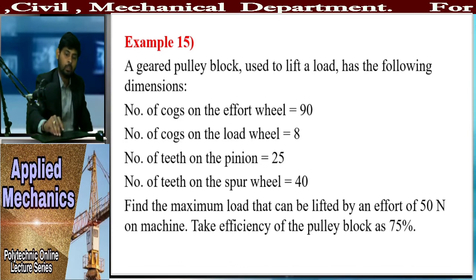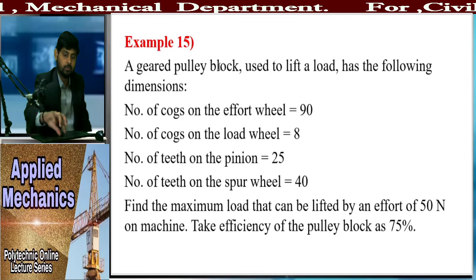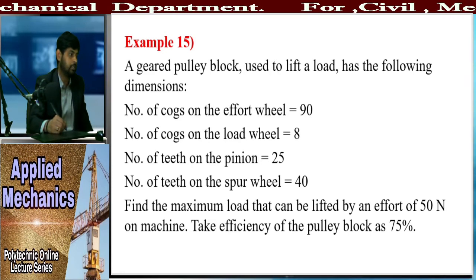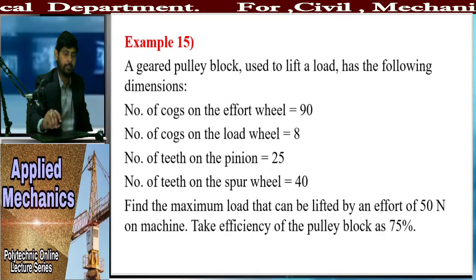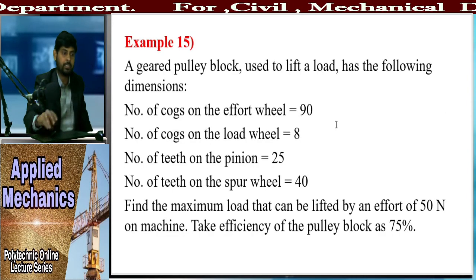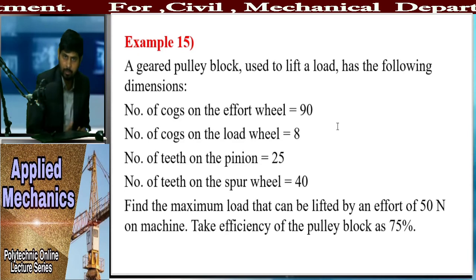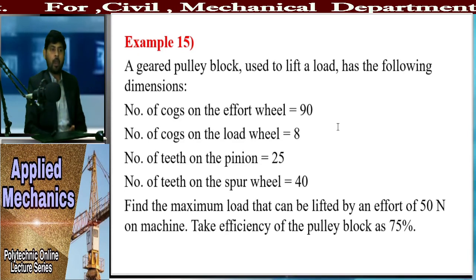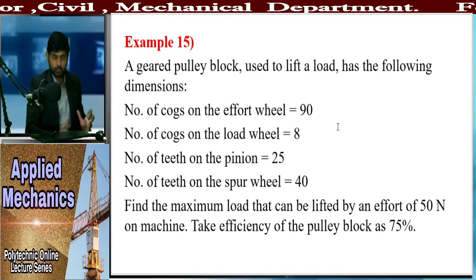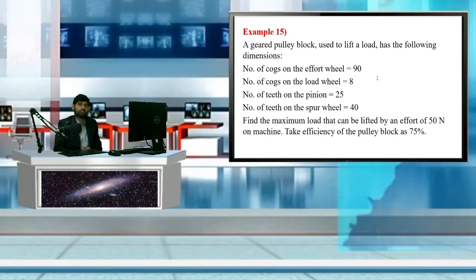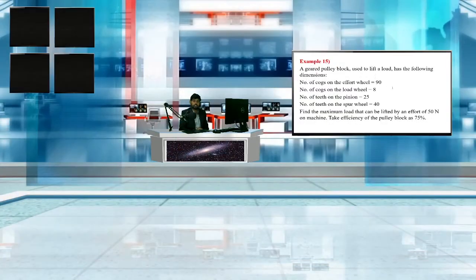Okay, so here our chapter number 2 is complete. Now we will see chapter number 3 in our next lecture. In chapter number 2 we have discussed the different relations: relation of velocity ratio, relation of mechanical advantage, relation of maximum efficiency, relation of efficiency, then relation of maximum mechanical advantage. After that we discussed some numericals based on all those relations. Then we discussed the simple lifting machines.